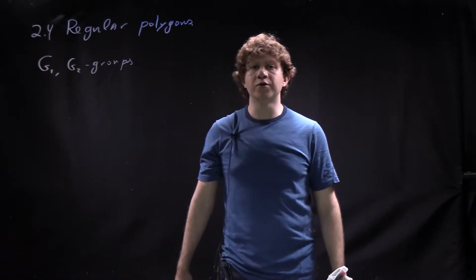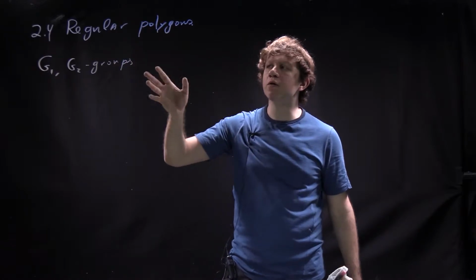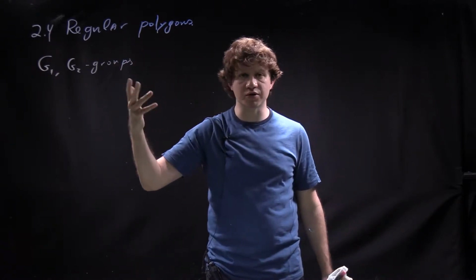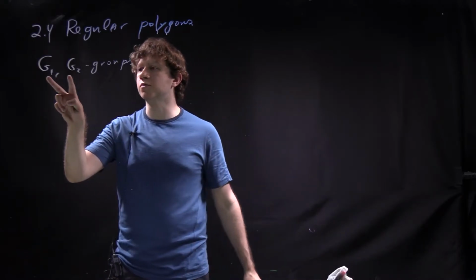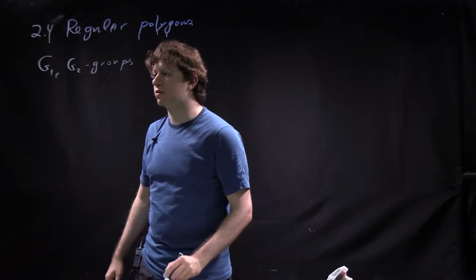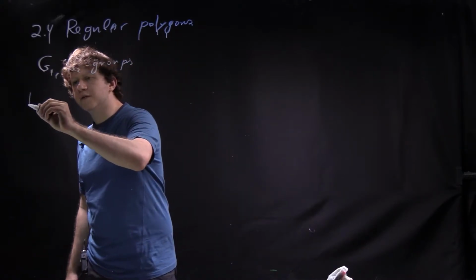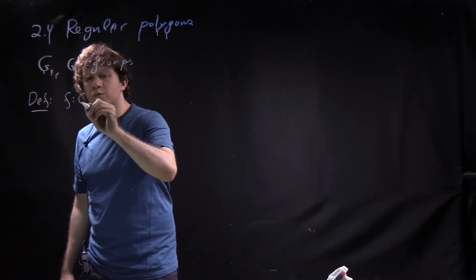In particular, when are two groups the same? I'm going to discuss symmetries of polygons, and I will get some interesting groups with a finite number of elements. To talk about them, it makes sense to first discuss when I think two groups are equal and how they can be related. So the first definition is that a map F from G1 to G2